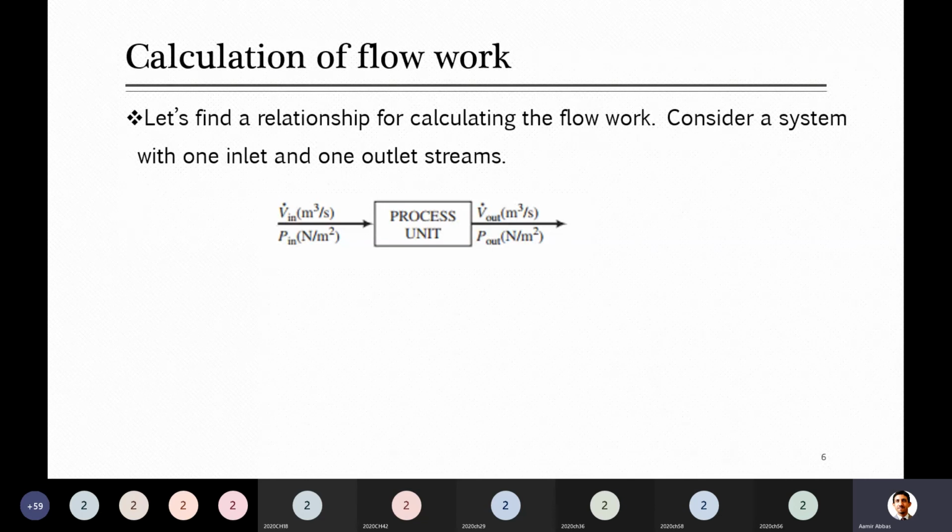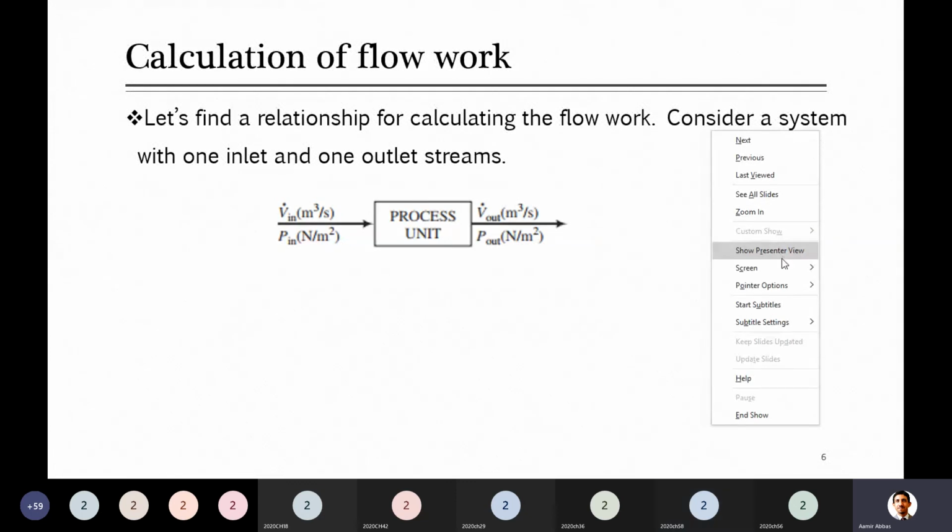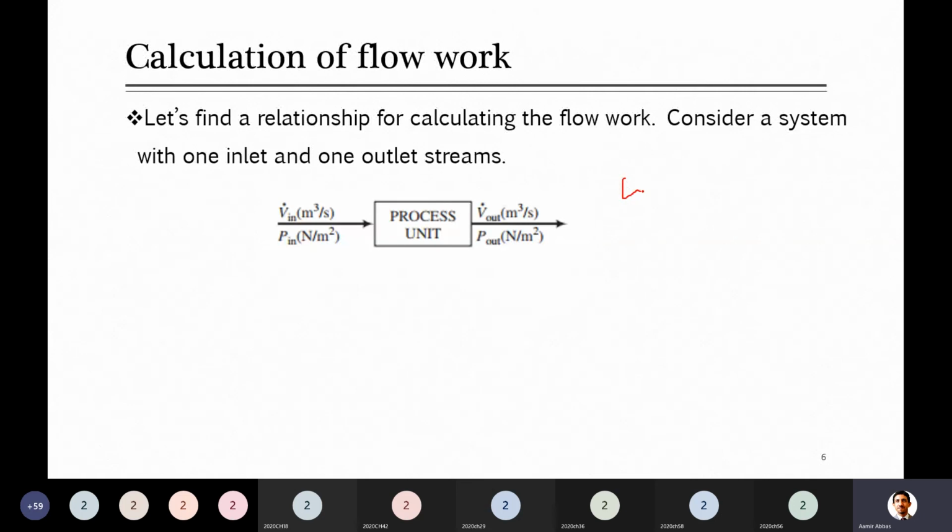So can you calculate the work being done on the system or by the system? Do you know any equation? Or guys, how do you calculate work, by the way? Any equation which you remember? Force times displacement. Work is simple, which you know. Do you know pressure into some volume? Pressure into volume. Where did you read this? Sir, in first year chemistry.